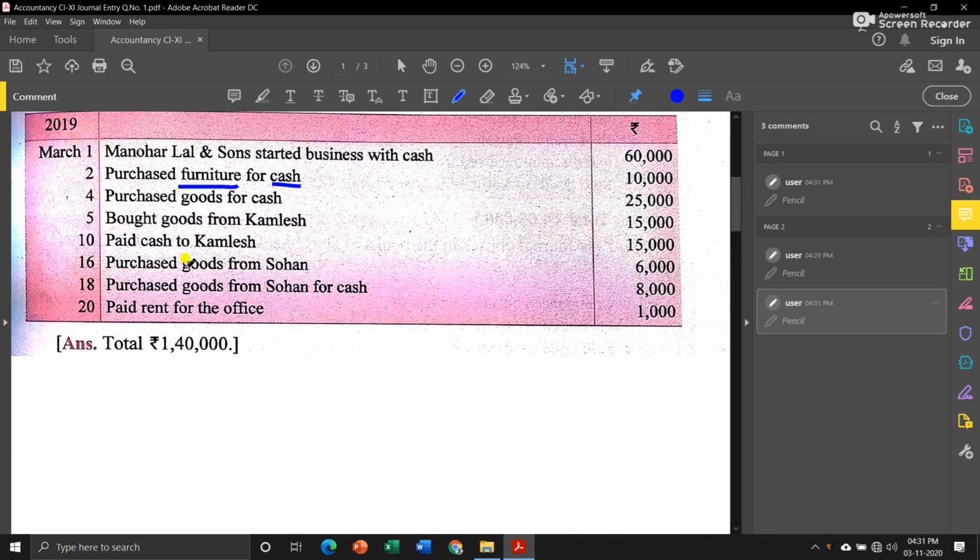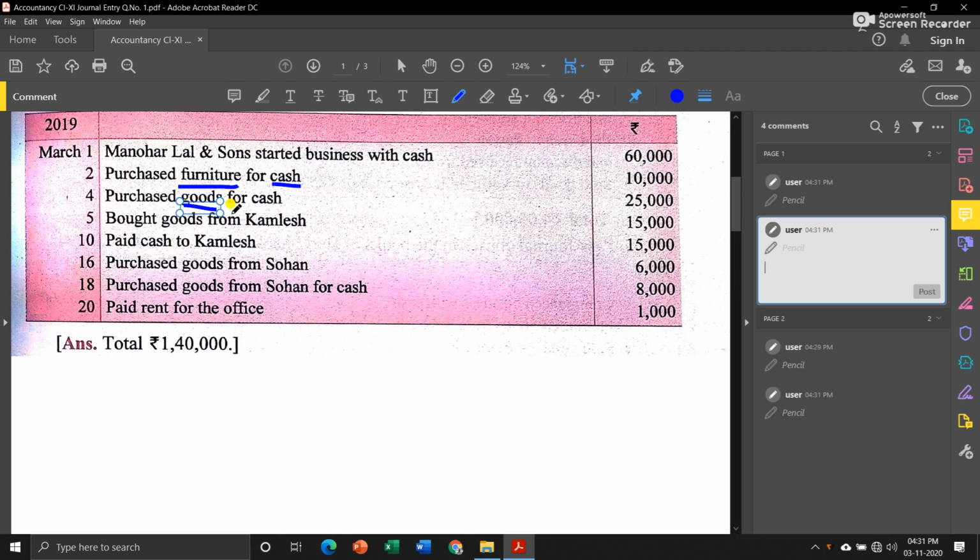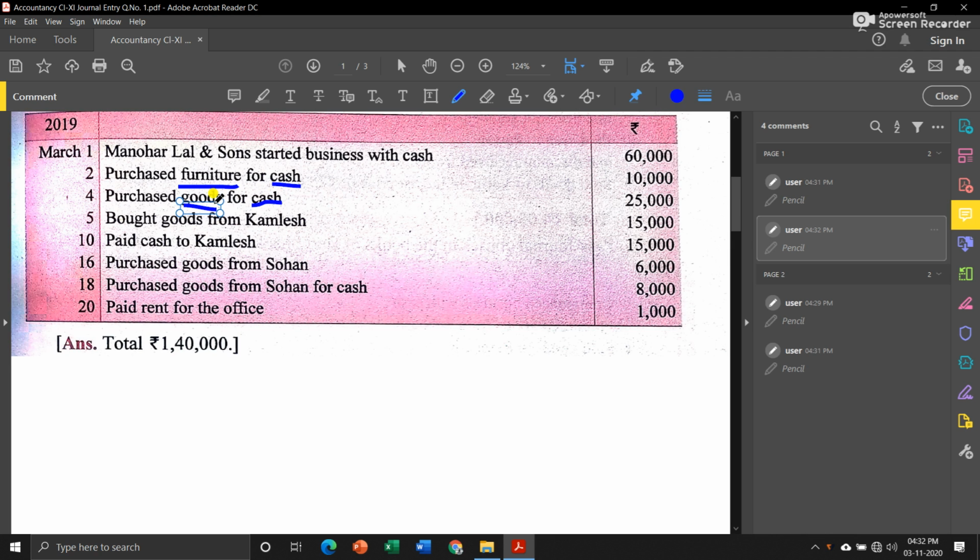Now let us see third transaction, purchase goods for cash. Now in here we are talking about goods, that means we have to use purchases account, and since we have purchased those goods for cash, cash is going out from the business, so another account involved is cash account. So purchases account is our nominal account, and according to the nominal accounts rule